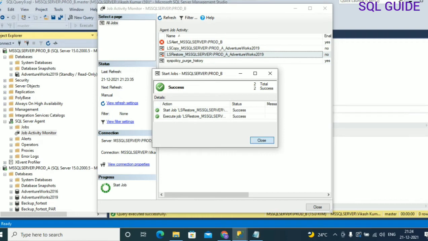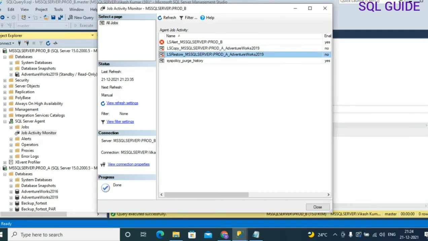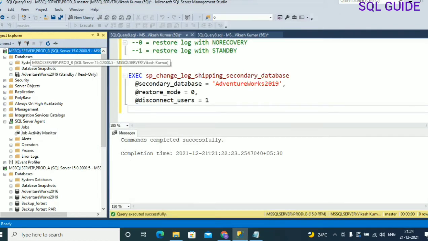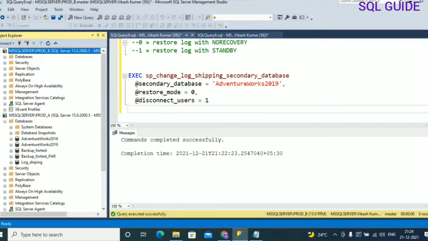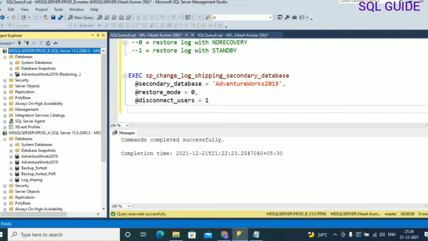You can see the restore job completed on the secondary instance. Now refresh the log shipping secondary instance server prod_b. Now you can see that the database is in no recovery, which means restoring status.